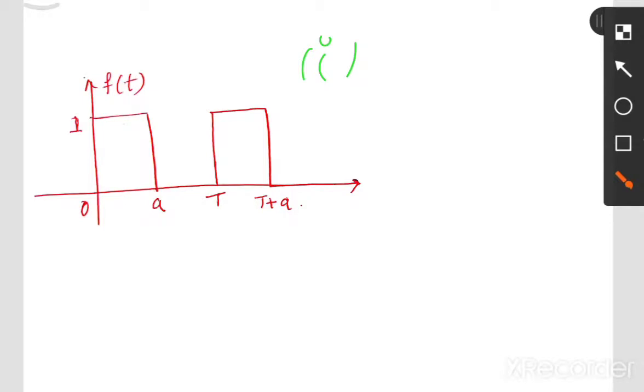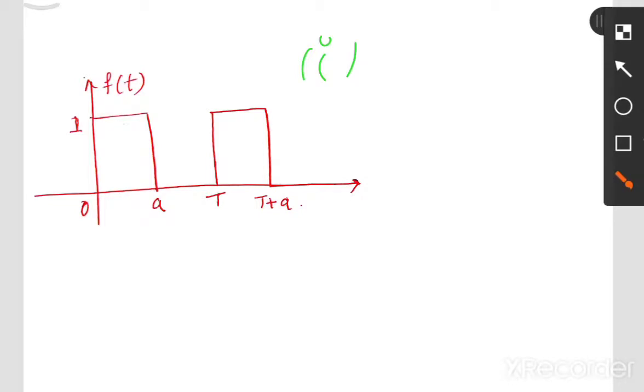And now we'll have an impulse function, which is indicated by delta of t. You can define it by saying that delta of t will be equal to 1 always when t is equal to 0. Only one signal will be present, and this will be 0 when t is not equal to 0.